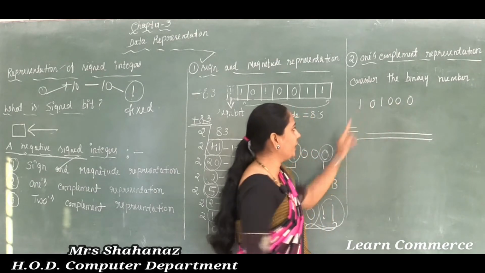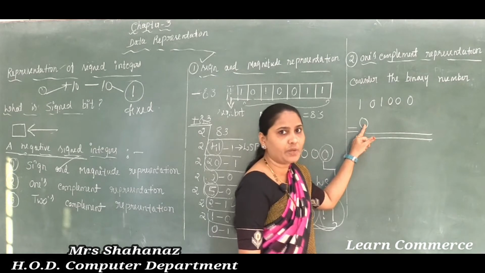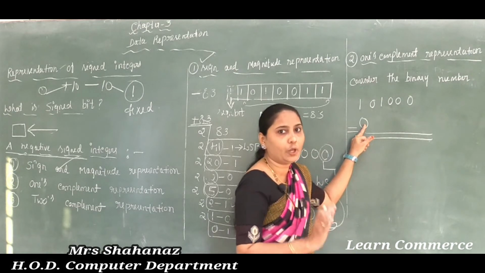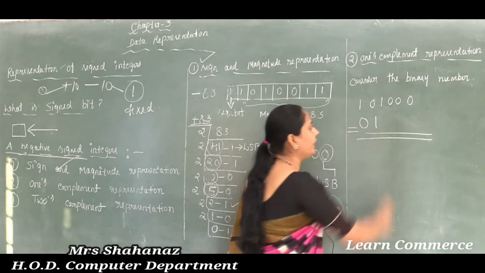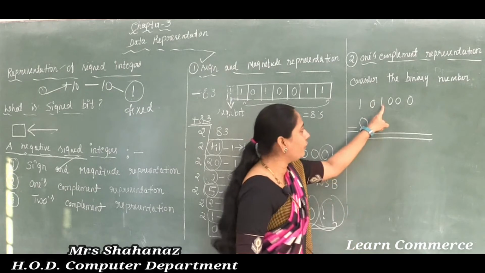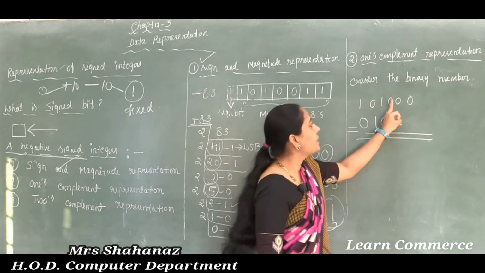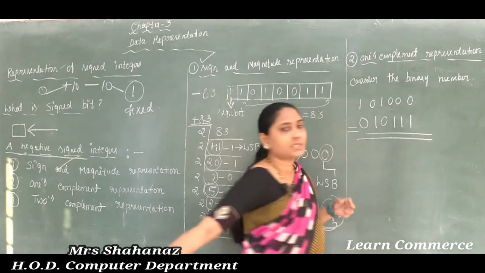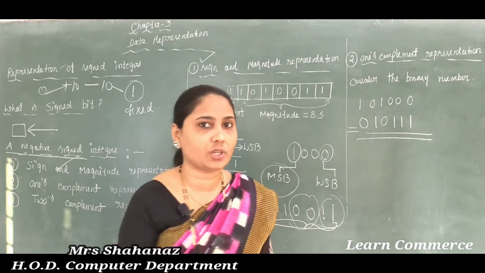Now the 1 is there, I am going to change it to 0. Clear this point here? Very simply, very easily we can do it. The ones complement representation is very important for a 1 mark question also. Now a 0 value is there, we need to change it to 1. Now a 1 value is there, we need to change it to 0. Now how many zeros are there? 0 0 0, that means we need to take 1 1 1. So this is the answer of the ones complement representation. Clear this point here?